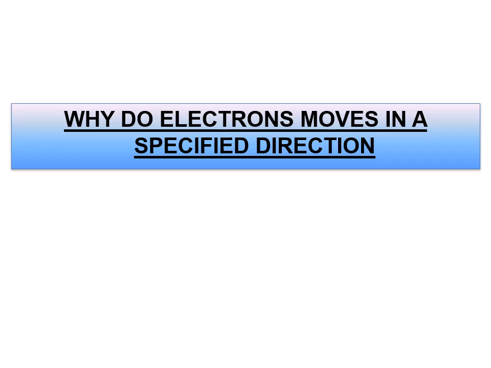In the last part, we have learned that the ordered motion of electrons is called electric current. So today we are going to learn why electrons move in a specified direction. Just listen carefully. When the conductor is not connected to a battery, what happens? The electrons inside a conductor are in random motion. But when a conductor is connected to a battery, the electrons move in a specified direction. That means something causes the electrons to move in a specified direction.